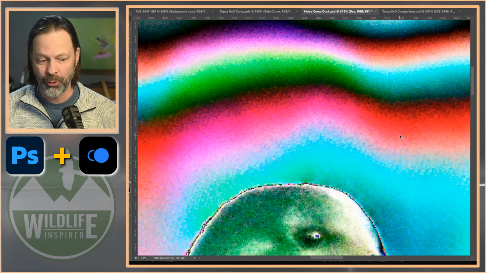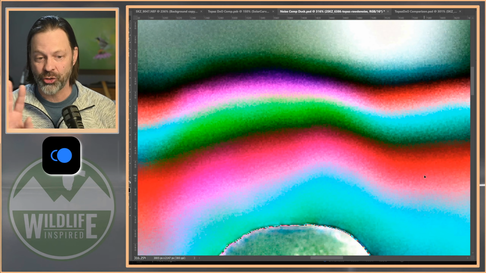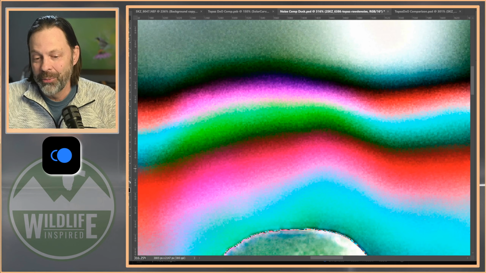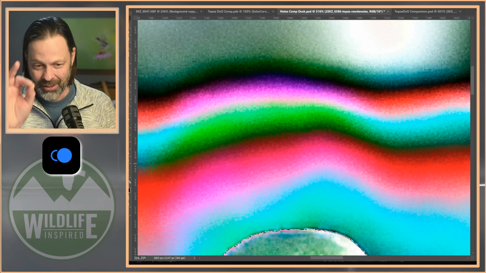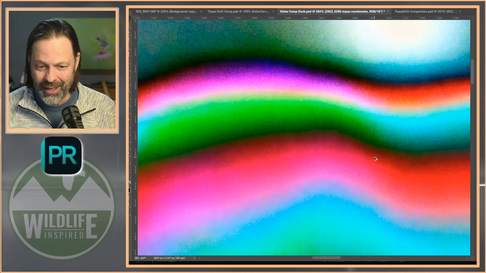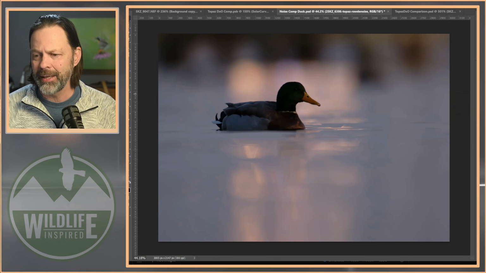Okay, let me go back. Topaz in Photoshop filter, Topaz in the RAW filter. I think that's smoother and more even. You can't see it with your naked eye. The only way you could see it is to get in here crazy close like this. This is the DxO. This is even better in my opinion. So if I was nitpicking, and I mean really, really nitpicking,